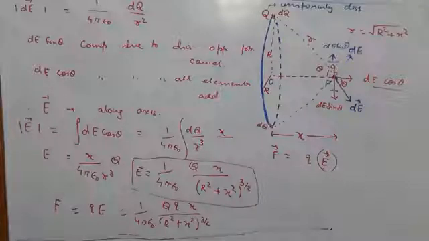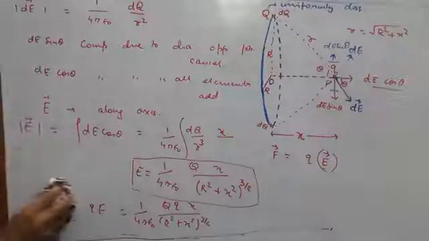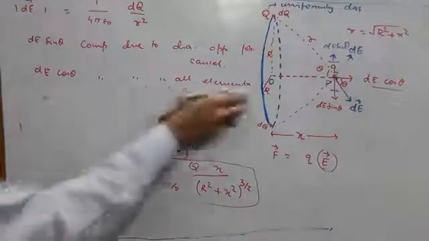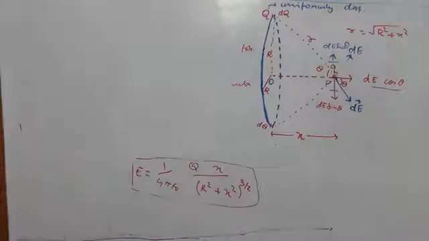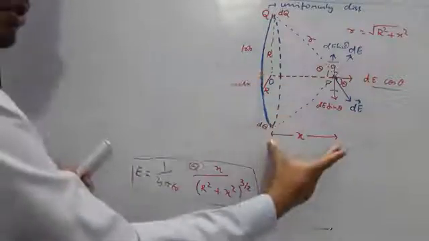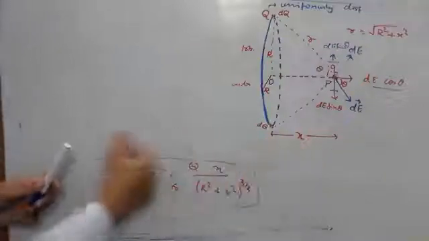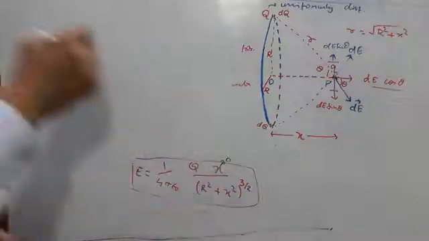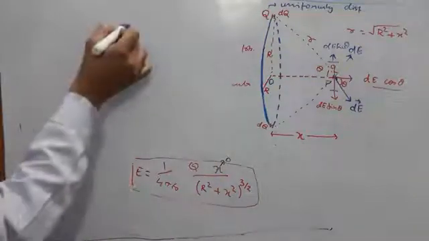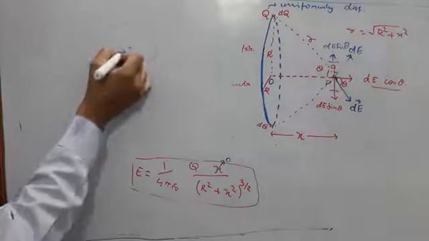I will add something over here, students. Let us consider the electric field value on the axis at a distance x. So due to a uniformly charged ring, the electric field is axial and its value is given by this particular formula. What happens at the center of the ring? You can see at the center of this ring, what will happen to this value of x? It will reduce to 0. And when x becomes 0, the entire term will become 0. And this is what we know, that at the center of a ring, the electric field must be 0.